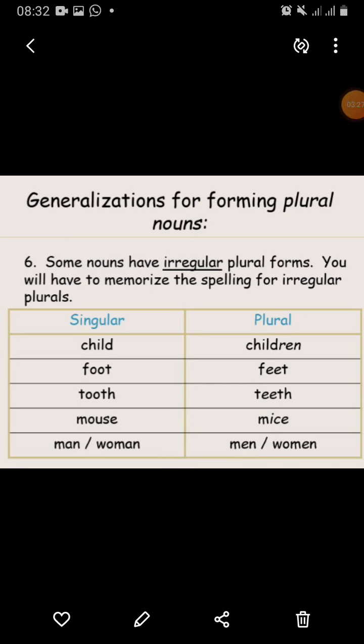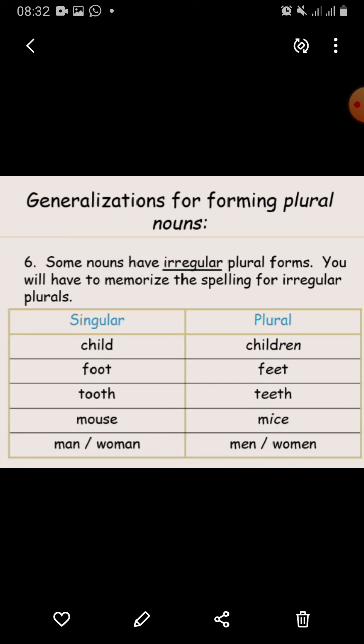Now some nouns have irregular plural forms. You will have to memorize the spelling for irregular plurals. Singular, child; plural, children. For example, one child or एक बच्चा. Children, more than one. Foot, feet.